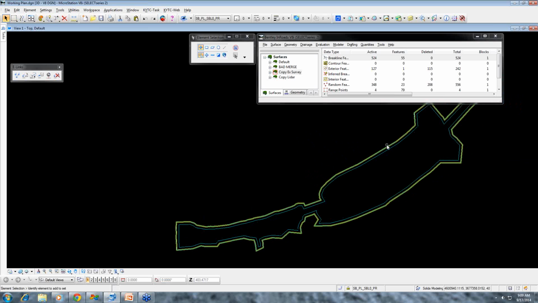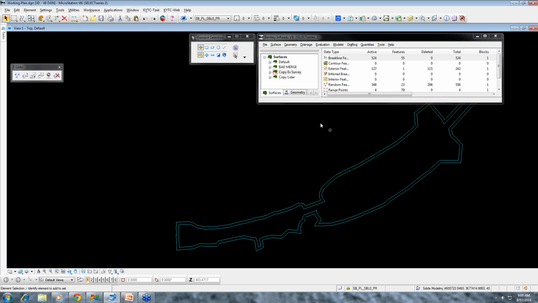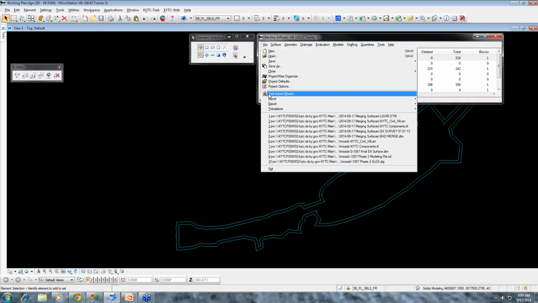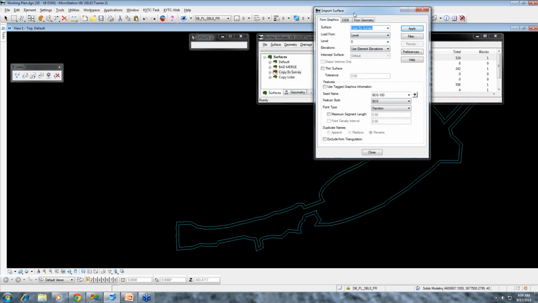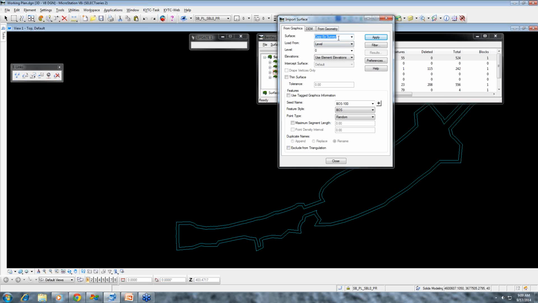The next thing we want to do now is import this boundary to our copy of the existing survey. And to do this, we go to File, Import, Surface, and this is the box that comes up. We want to make sure we're copying to our copy of the existing survey, which is what we want. We want to load from a single element, which is going to be our new boundary. We want to use a drape surface because we're going to drape this boundary over top of the copy of our LiDAR surface. So basically it's going to hug the LiDAR surface so that it makes a nice smooth transition like we want. And then we want to